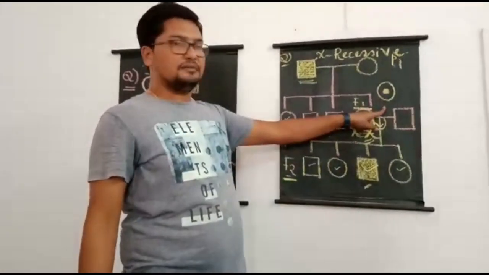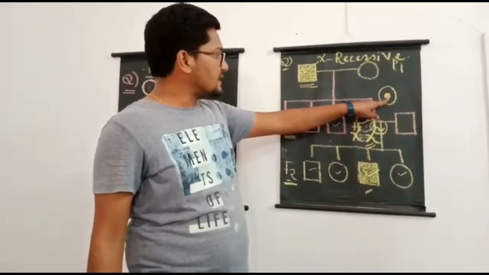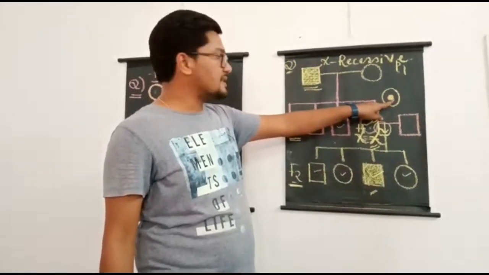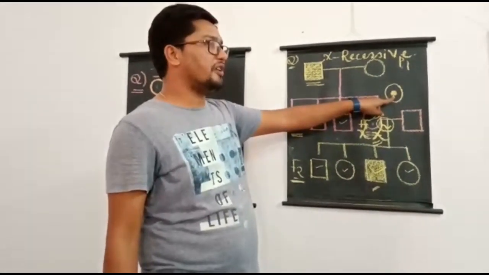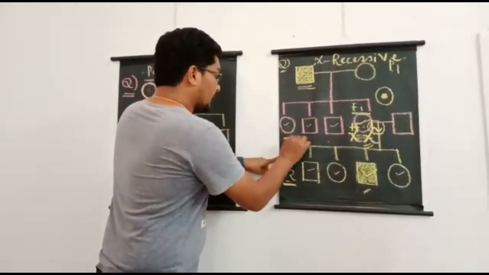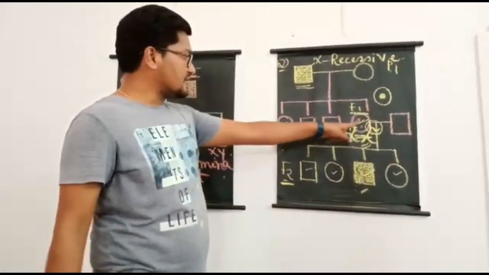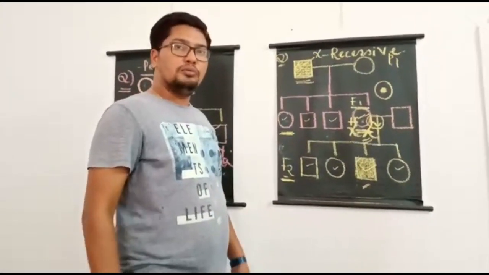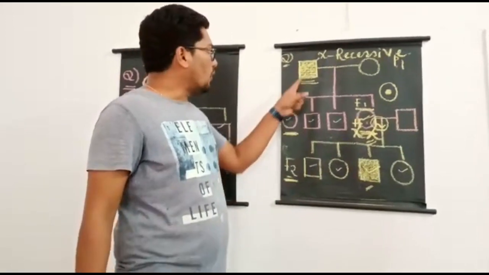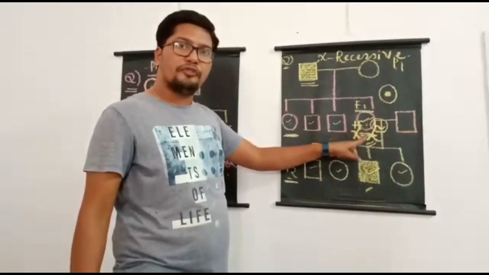Students can remember: a circle with a dot in the center, if this kind of symbol is given, this symbol always indicates which type of female? Carrier female. With this it is very clear. In this trait inheritance, in F1 generation, 100% of the females are carriers now, because a female always receives 1 copy of X chromosome from father and 1 copy of X chromosome from mother.